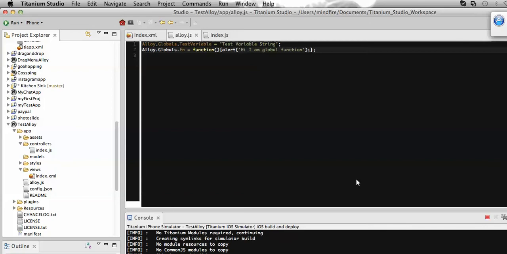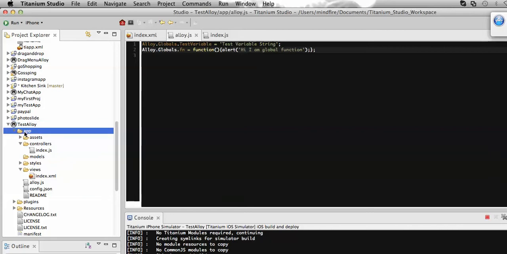Till now I have shown you how to define global variables and global functions in my last videos. Here you can see that I have defined a global variable and also a global function. Now in this video I am going to show you how we can create our custom module, which can also be described as a custom library file, where to place it, and how to access it globally, how to define it in this file as a global variable so that we can use it throughout the application. So for that, let's create a